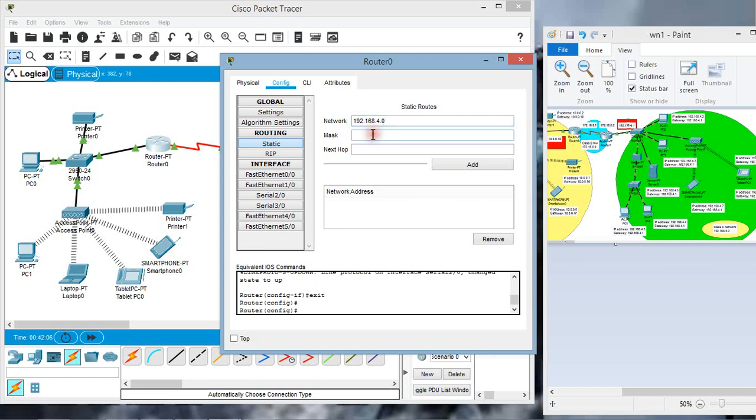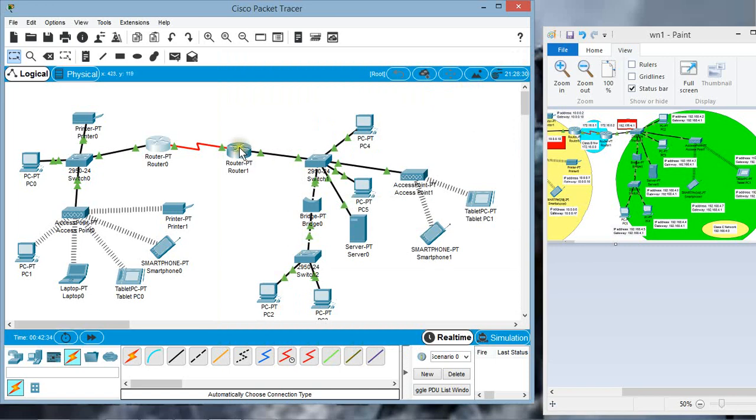The mask we have to specify here, for class C, is 3 octets high and 1 octet low. Then the next hop for this is the IP address of the path interface of the next router, that is 172.16.0.2. Add this entry in its routing table.